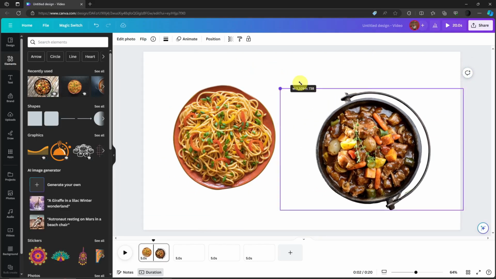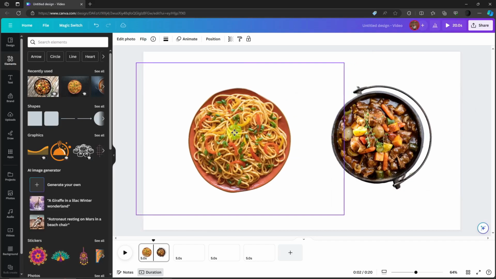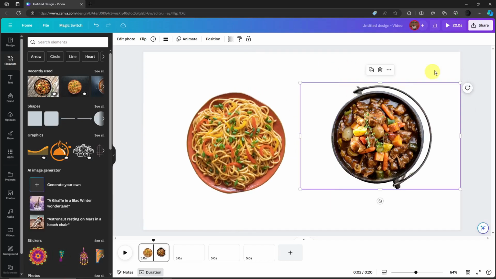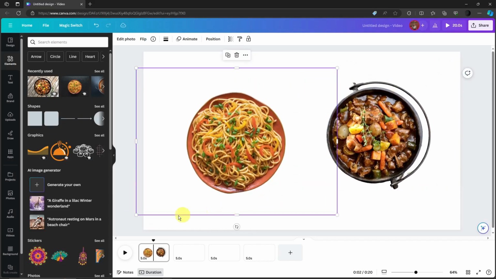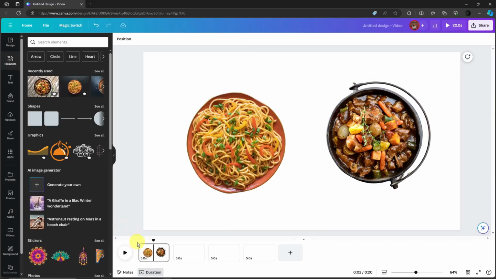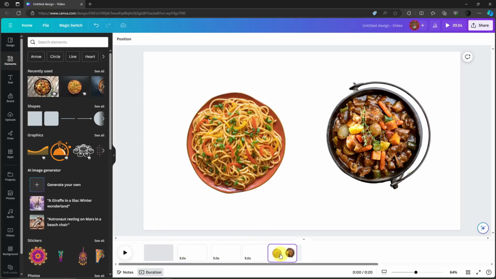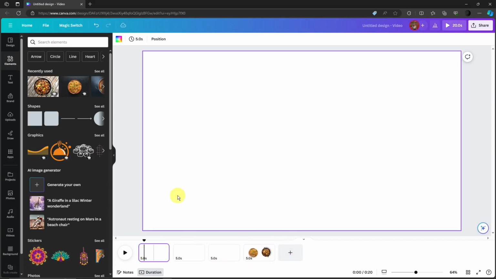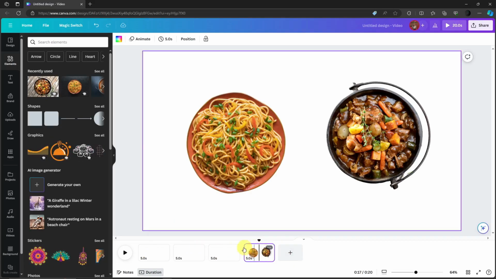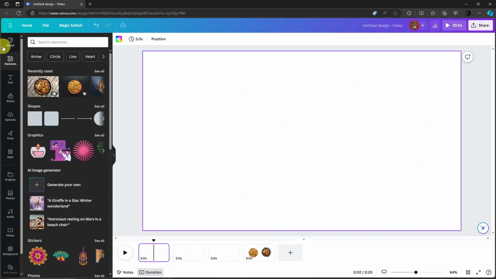Let's start with this one, okay? So I have 2 items here, photos to be exact. Now I'm just gonna leave it as it is first because I'm gonna use it later on. I'm gonna place the photos at the very end, and then I'm gonna get started soon. Once I've placed them at the very end, perfect. Now since they're already at the very end, I'm gonna go back to page 1